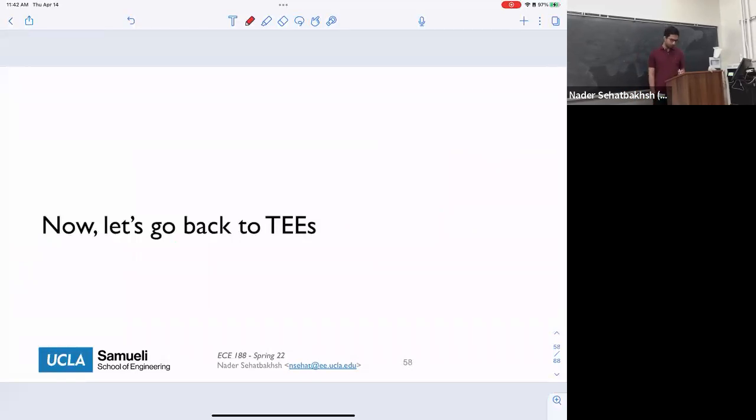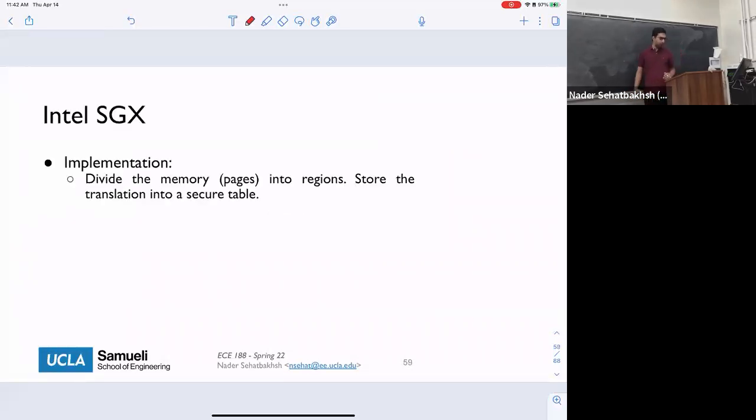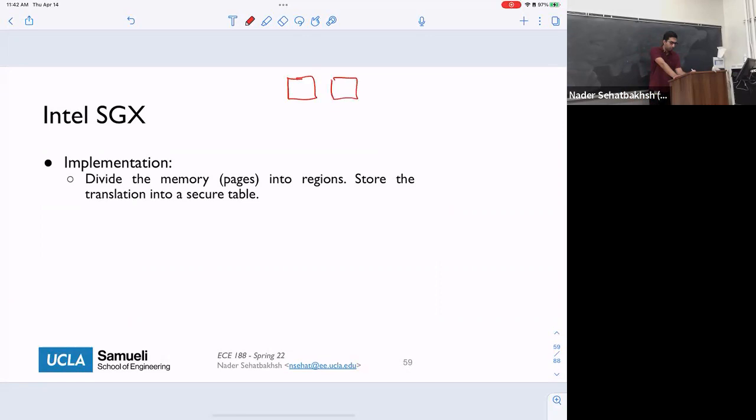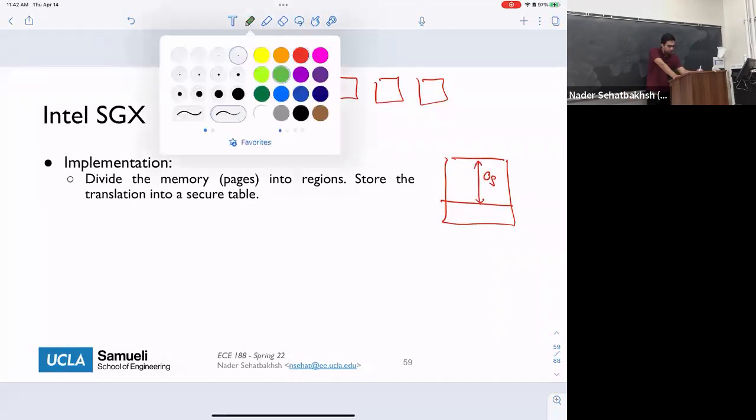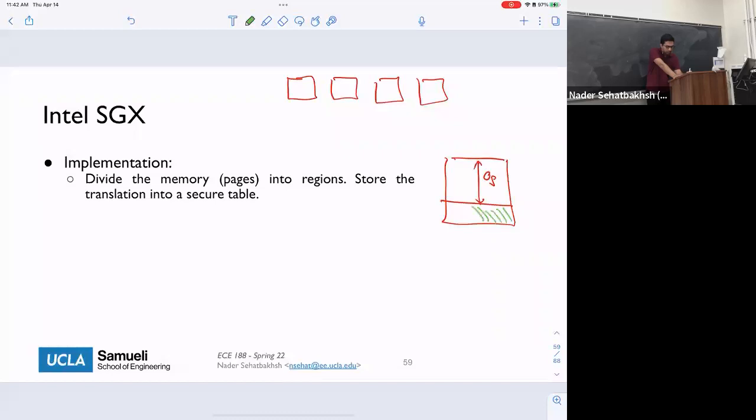Okay. So now let's go back. So for Intel SGX, remember I said that the idea is we want to have multiple of what's called an enclave. Remember at the beginning I said that the TEE is basically saying that the majority of the memory can be accessed by the operating system, but maybe we can reserve some part of the memory and not allow the operating system to access this part. Okay, so how do we do that? That's exactly what we're going to do.